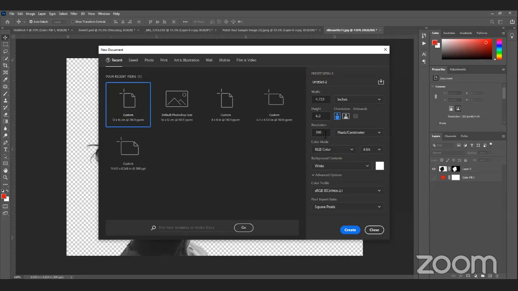But again, increasing the pixels in one square inch of your screen will give you very good digital quality of your image: bright colors, sharpness, and clarity. If you want to post it on social media, they decrease this resolution to 150 or 72.